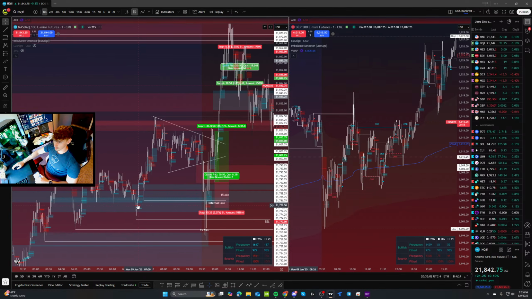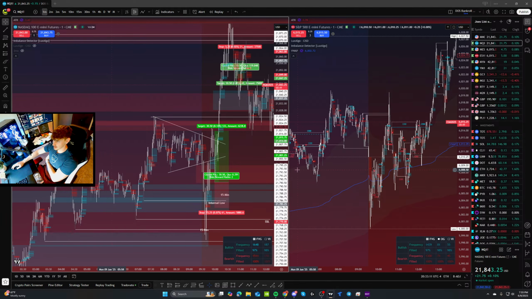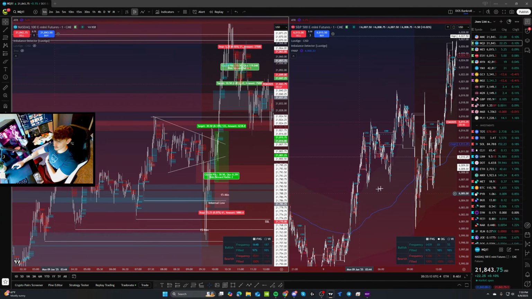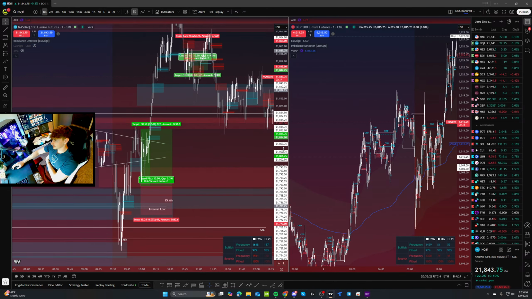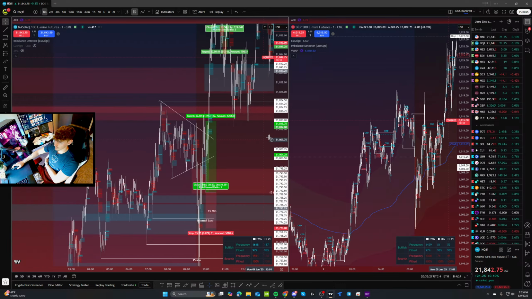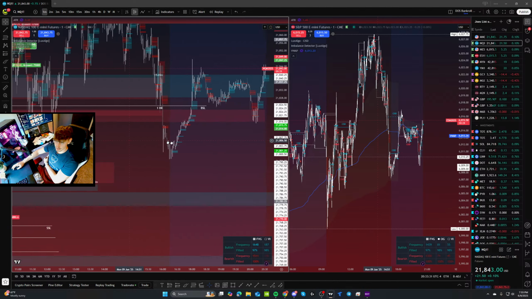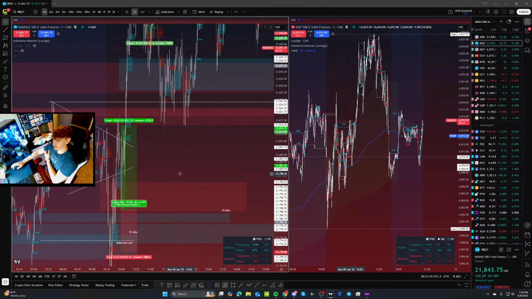We pushed down, we took out London lows, pre-market lows, London lows, and we had one more London low that we didn't quite get, but we were making an insane SMT on ES as well. If you can tell over here, we actually swept this final low, and we didn't get that on NQ. We made a bullish SMT. We pushed up. We were inside bullish fair value gaps on the higher time frame. So we had a 15-minute here and a 1 hour here. So to back us, we had a pretty good bullish intent.